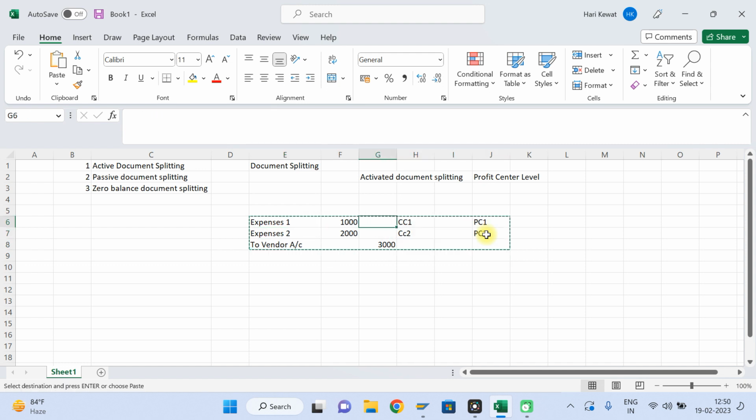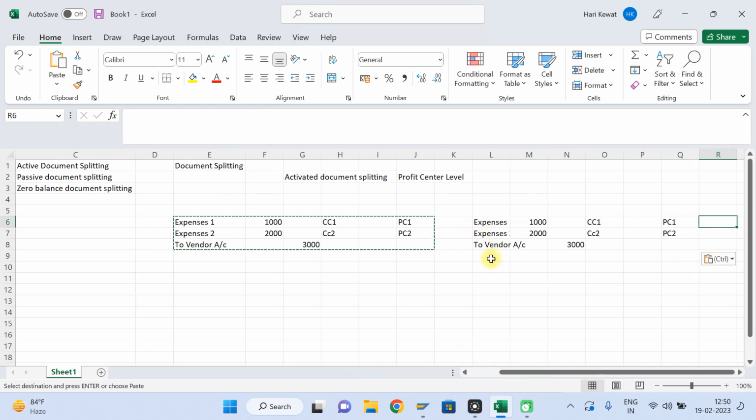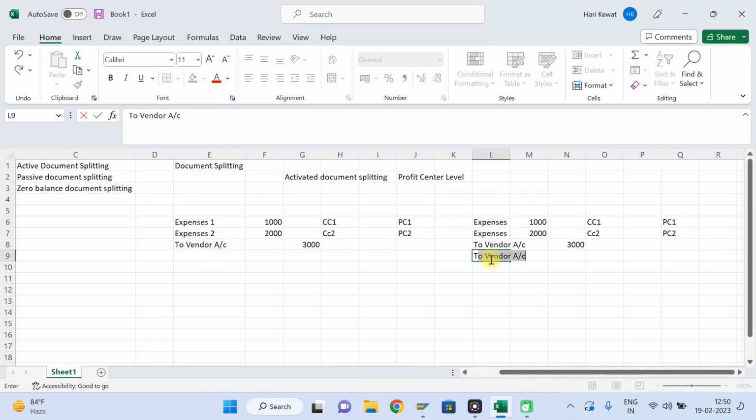After active splitting, this entry will become like this. To vendor, it will become 1000 rupees. How will this 1000 come? Based on this ratio, this 3000 will be divided. So 3000 divided by this plus this,